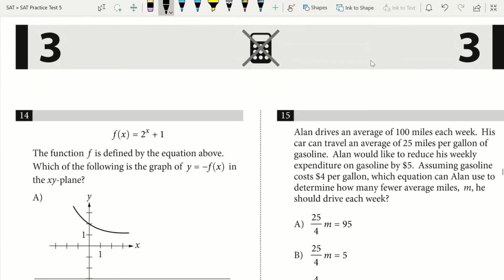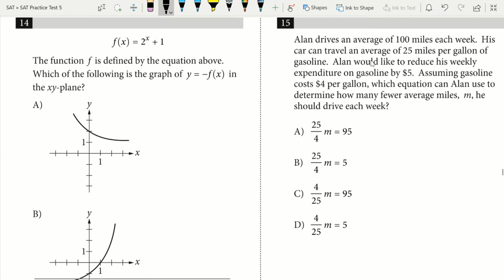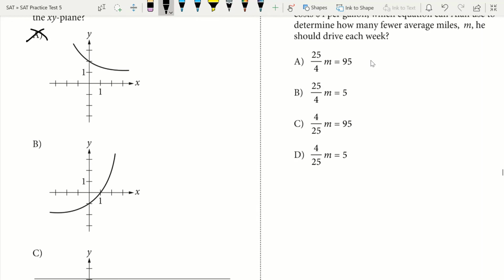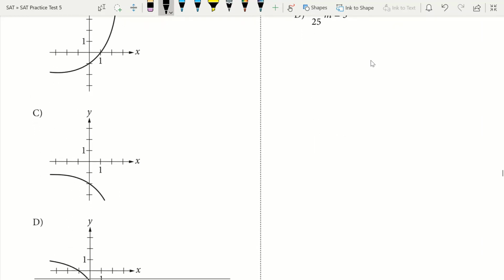All right, question 14. The function f is defined by the equation above. Which of the following is the graph of y equals negative f of x in the xy plane? Well, y equals negative f of x will just be negative 2^x. We're just multiplying this whole equation by negative 1, right? So that's going to give us negative 2 to the power of x, and this will be minus 1 then. All right, so we need a negative y-intercept then, right? We see we have that in those,